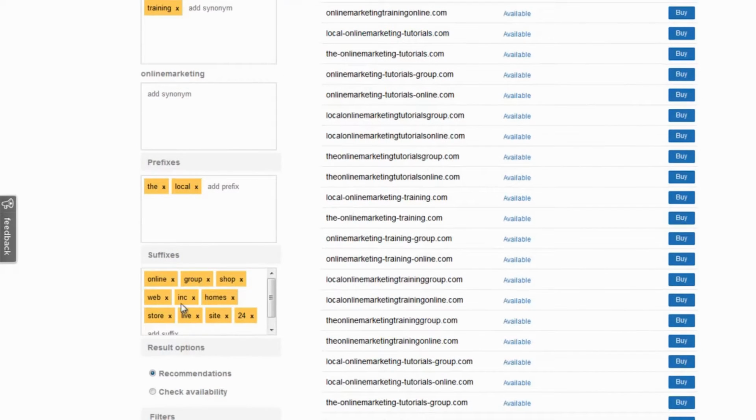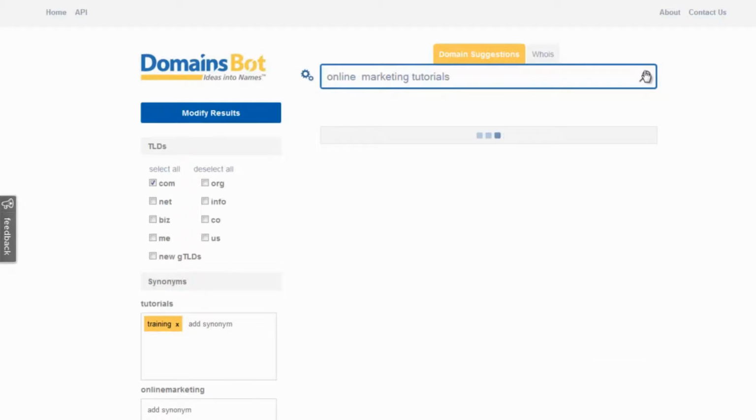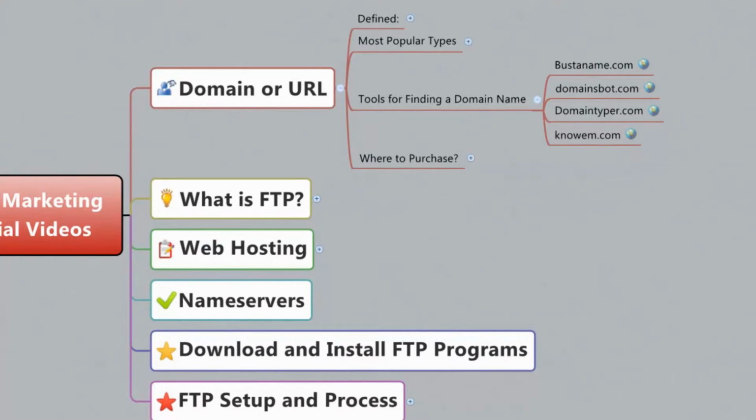Okay, suffixes, I can remove these, and it'll start giving me a more narrow search. Okay, but it's a great tool for me to use just to start thinking about my options here. So you can see that some of these have changed. So DomainsBot is a great tool to use. Let's head over to